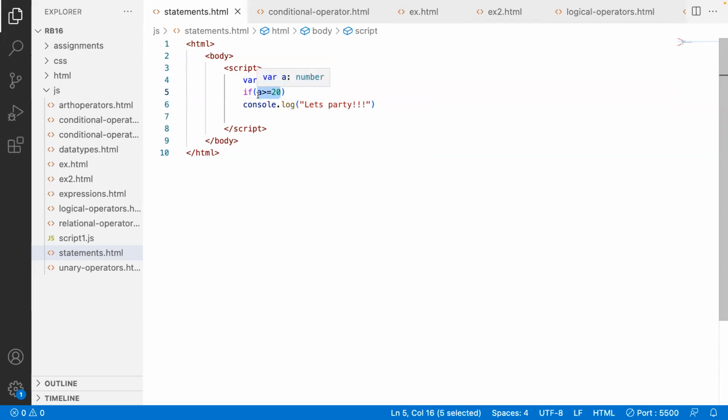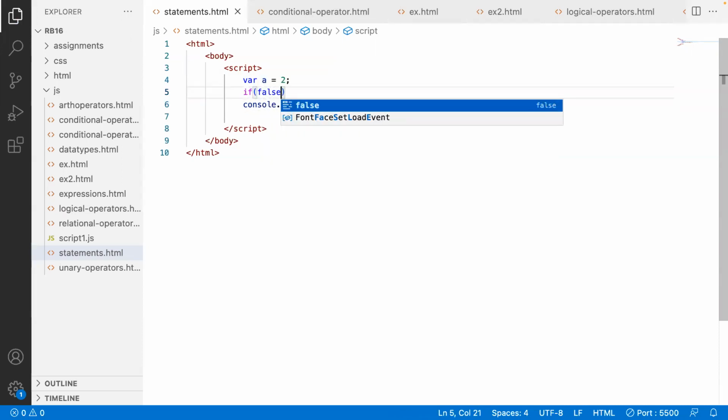What happens if I directly write false here? False is also an expression. Its value is false only. So when if gets false,